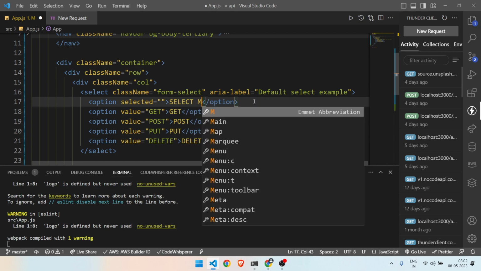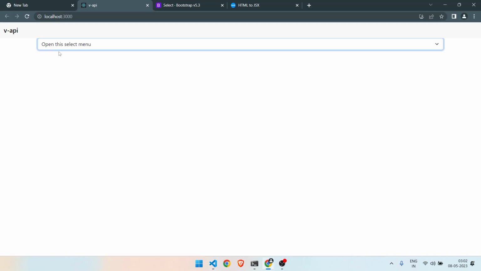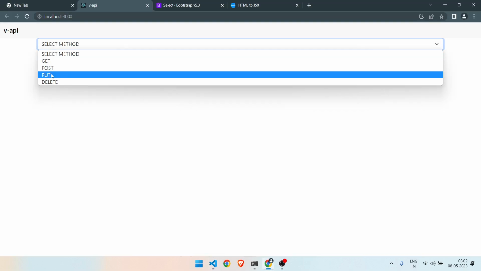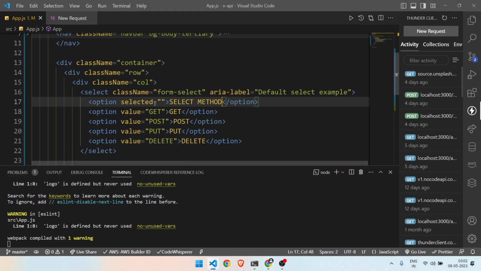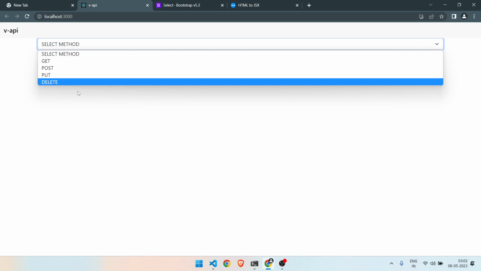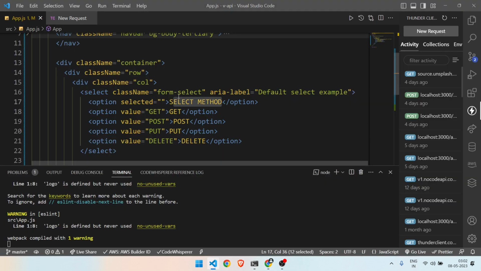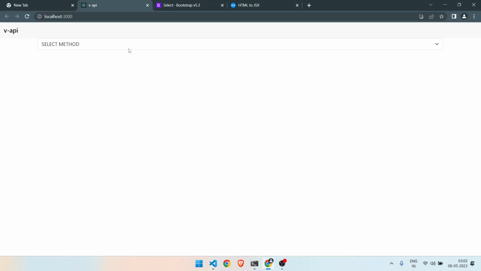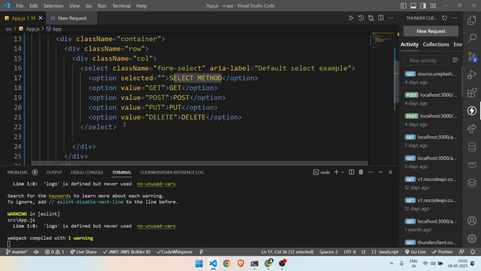Anything is fine, I guess. So select method, and yeah, this seems fine. So I can select any one of these values. What I guess is here we can basically write, okay, as of now let's leave this right like this. And now after creating this first column, the second thing would be to create